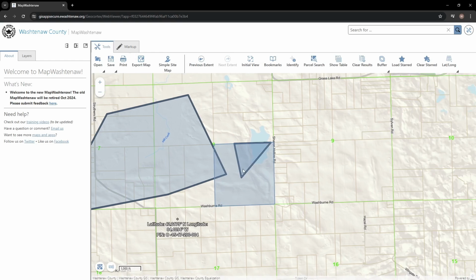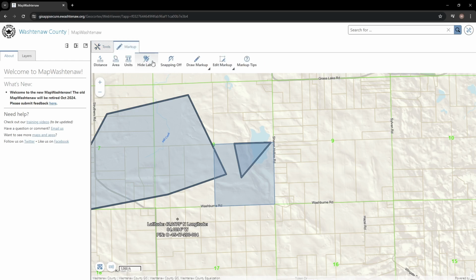Now I have all this markup on my map. Let's learn how to edit it. So if I go back to the Markup tab in the toolbar, we have a menu here for editing the markup. So if I click on that, you have special tools for editing text, a tool for general editing of markup,